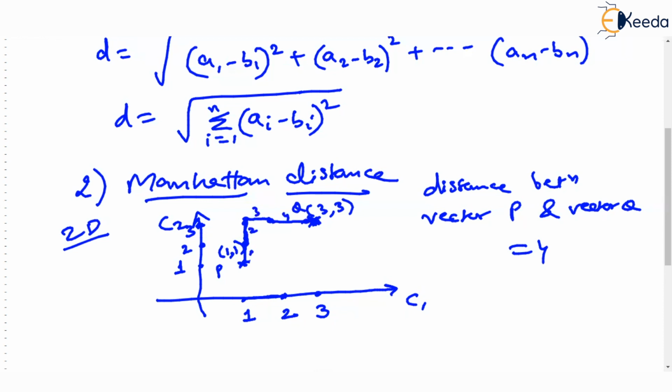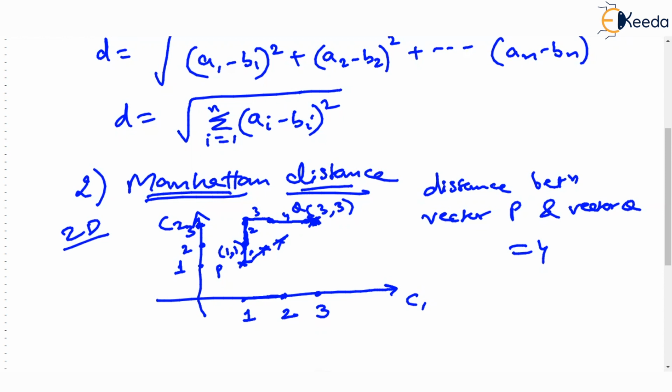Well, you can't take diagonal steps. You have to take either horizontal or vertical. Otherwise, somebody says, why don't you take this diagonal like this and then this diagonal? No, Manhattan distance is found only by taking unit steps in either horizontal or vertical direction. Okay. So this is another way of representing the distance. Now you watch.